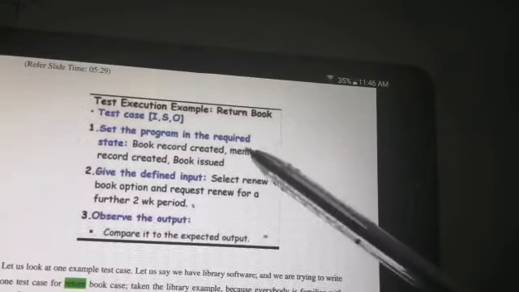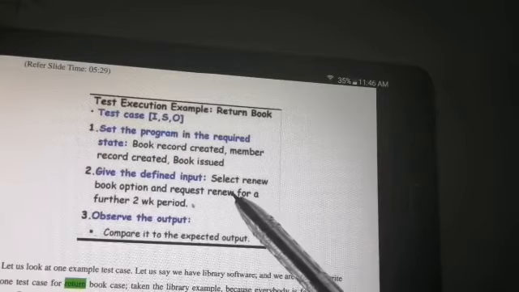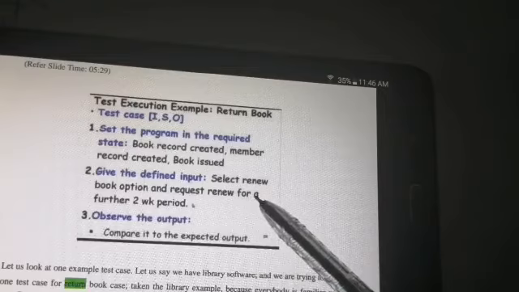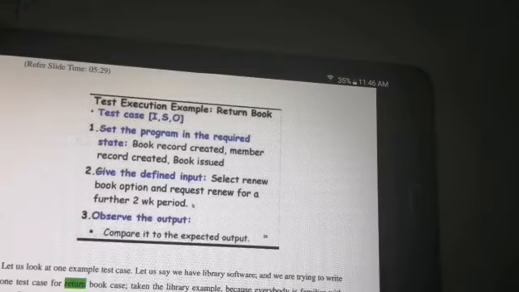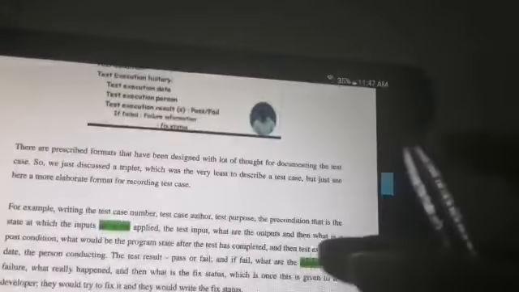Firstly, the program is supposed to be set in the required state, then we give the defined input, and then we observe the output. If the output is coming as expected, then it is fine. If it is not coming as expected, then we need to work on the software. We'll be taking some examples of this.